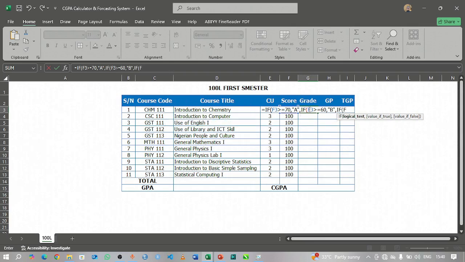So if F3 is greater than or equal to 50, value if true, we'll print C. So in the double quotes, comma, value if false, we'll go to the next condition, that if F3 is greater than or equal to